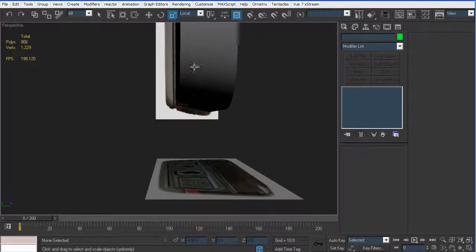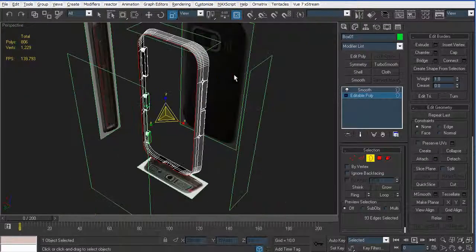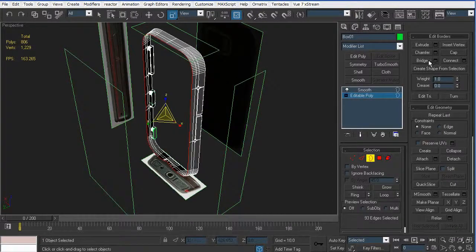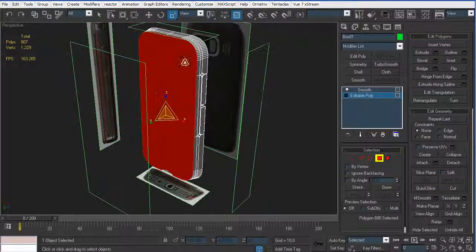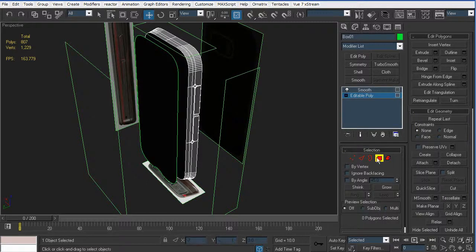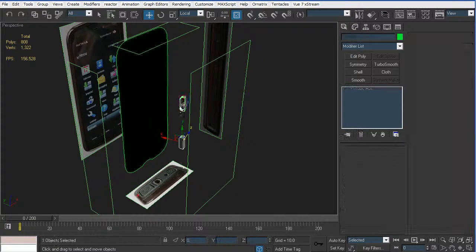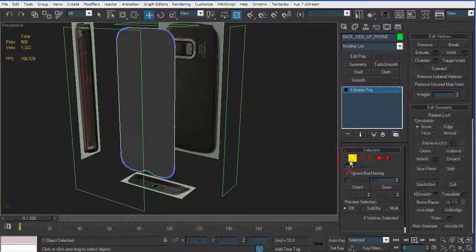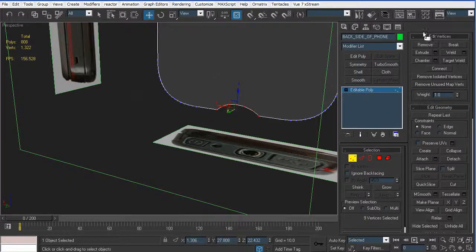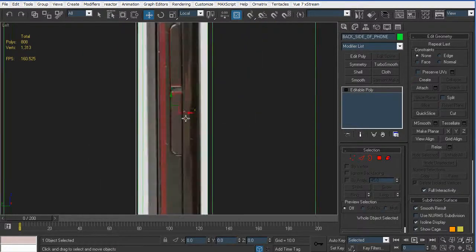Alright, now select your side of the phone and select the border here, and cap it. Select the newly created polygon and pull it back, and to object, and name it back side of phone. Alright, so hide that, hide those buttons, we won't need you right now. And now select those vertices, remove them like so, and go back,